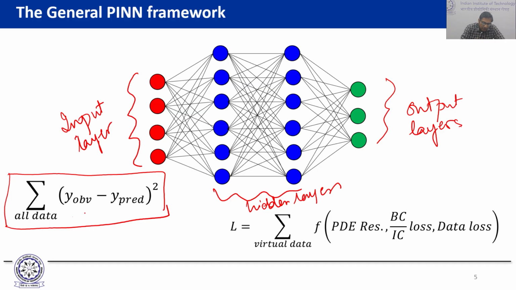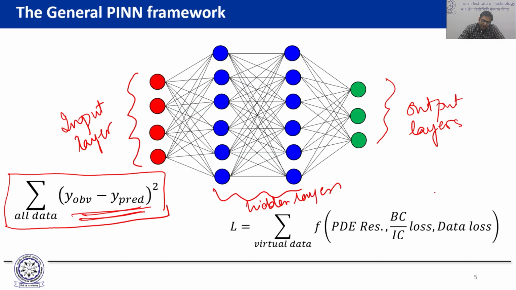So this is your loss function. This is the traditional type of loss function, and a standard NN is going to try and minimize this in order to get to the optimal values. Once you try and incorporate the physical loss, now what happens is you start writing a new loss function of